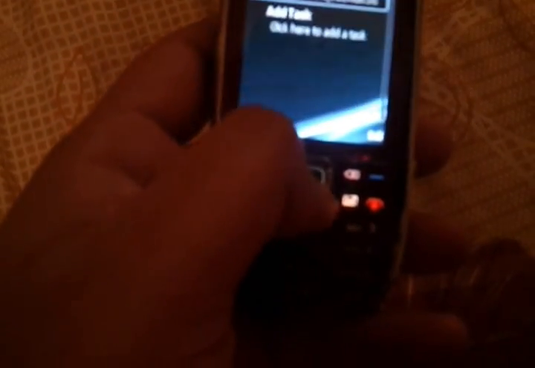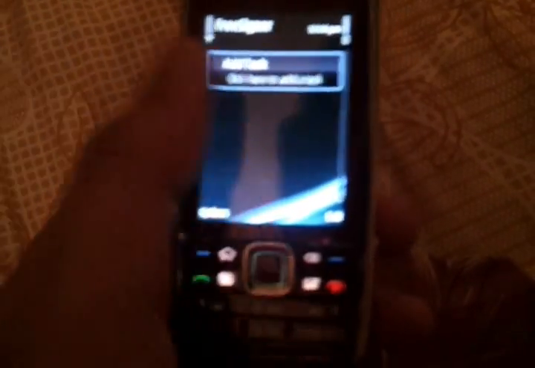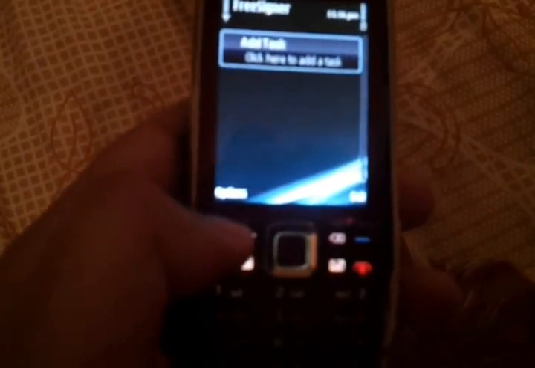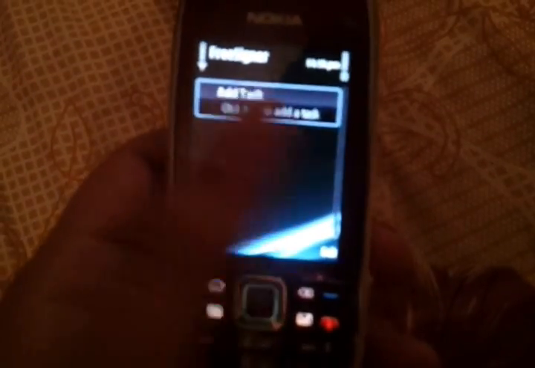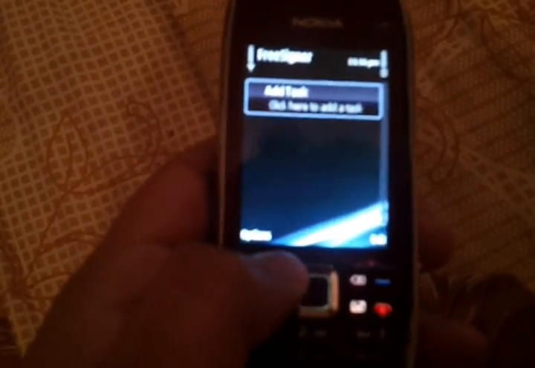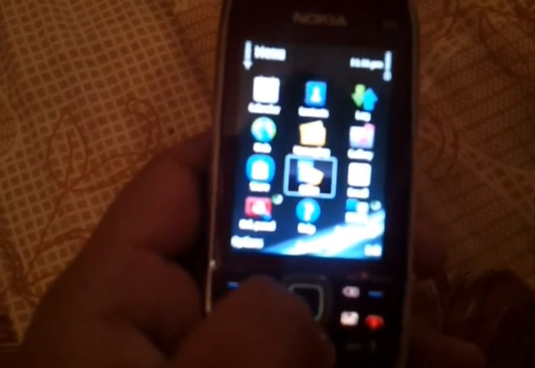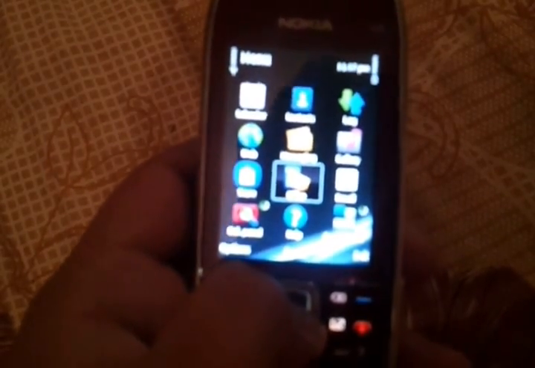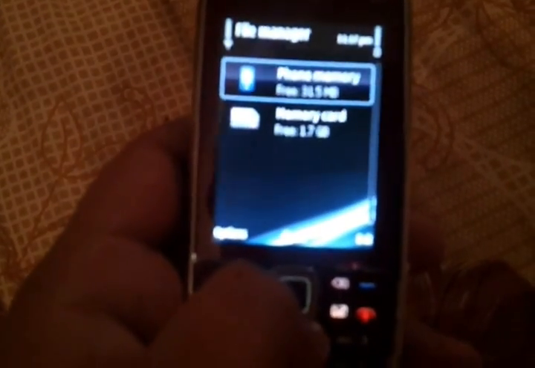First I am going to remove the certificate, so I select remove sign, then go to the options again and select go. So the task is complete. I can see the certificate-removed file in the file manager. I go again to office, then file manager, memory card, and I can see the location of my Media Safe. Here is Media Safe.